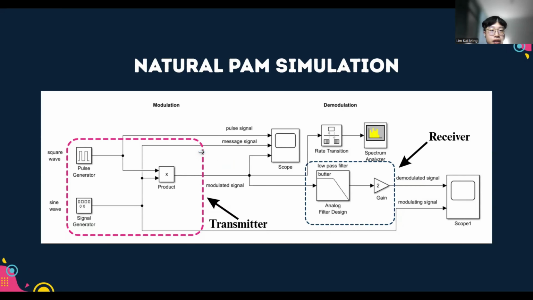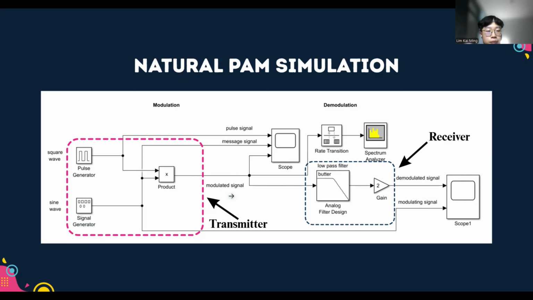Next, I will explain the simulation of natural pulse amplitude modulation, starting from the transmitter and then the receiver. At the transmitter side, the message signal is a low-frequency analog signal. This message signal is multiplied with a periodic pulse train. Because the pulse remains active throughout the sampling interval, the pulse amplitude follows the shape of the message signal continuously. As a result, the output is known as natural PAM, where the pulse tops are not flat but vary according